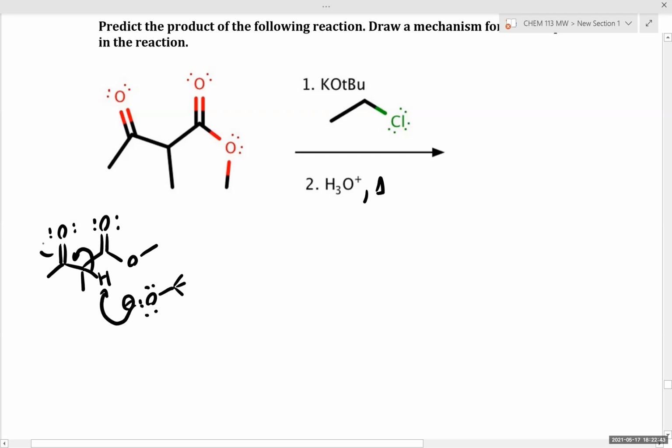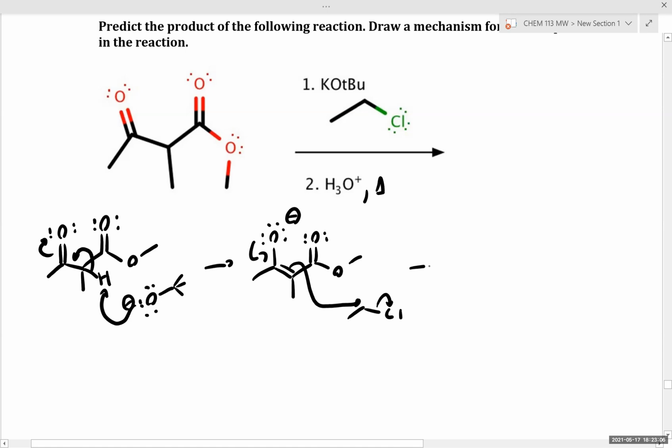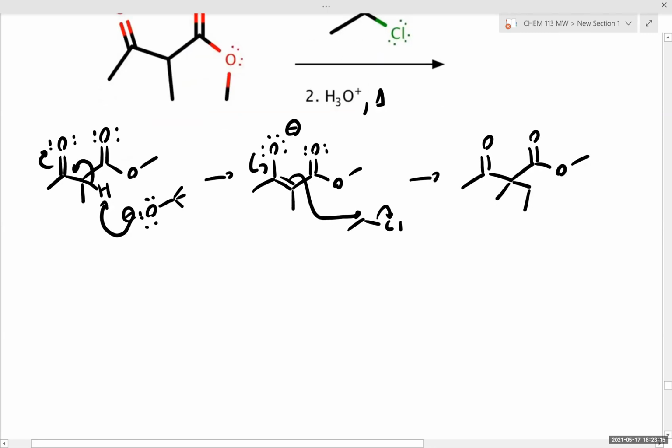So just to reiterate, we're going to deprotonate our alpha position to make this beta ketoester derived enolate. From here, this enolate will react with electrophiles such as chloroethane via textbook SN2 displacement. We've now alkylated this beta ketoester, and we're ready for the next student proposed step, which is the hydrolysis step. So in the first step, does it matter which